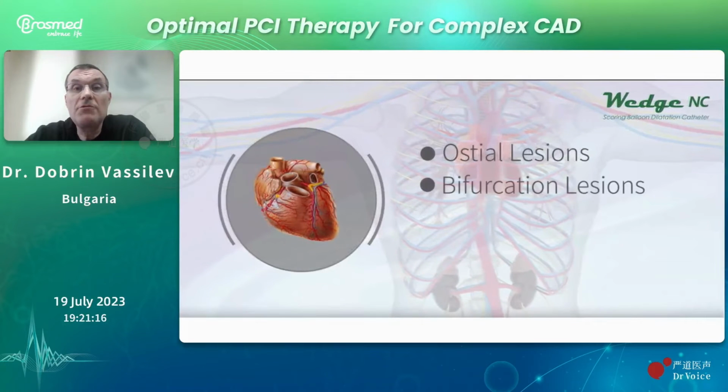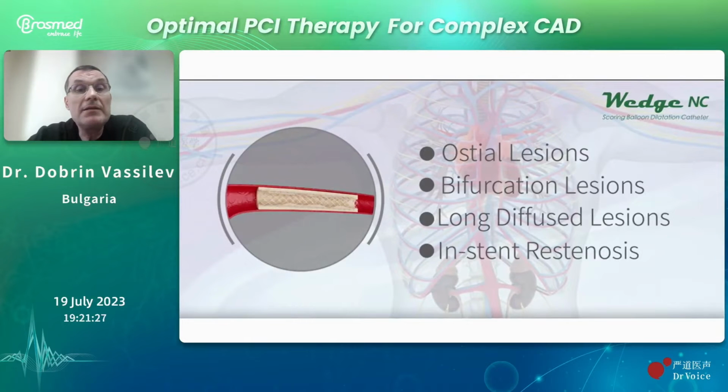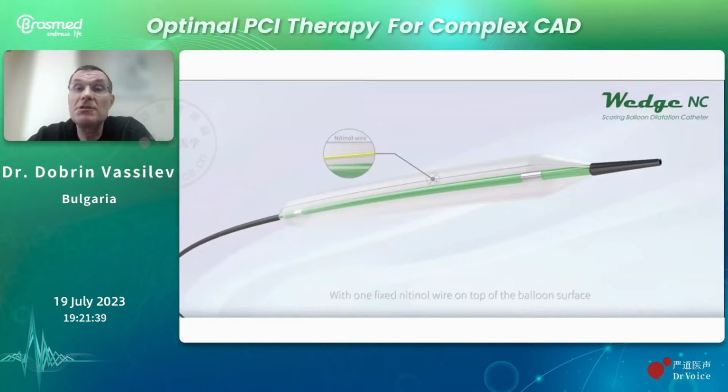The scoring balloon is well suited for ostial lesion treatment, for bifurcation lesion treatment, for long diffuse disease, and for in-stent restenosis. I will concentrate my cases which follow mainly on the treatment strategy of long diffuse lesions with the Wedge